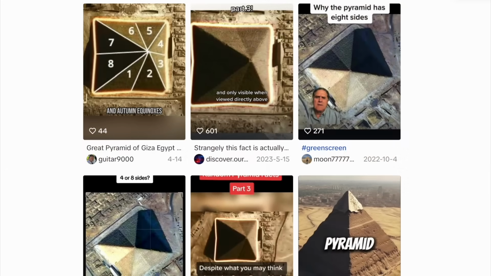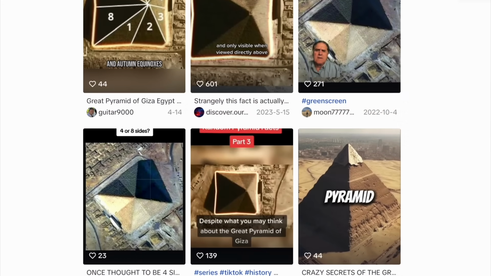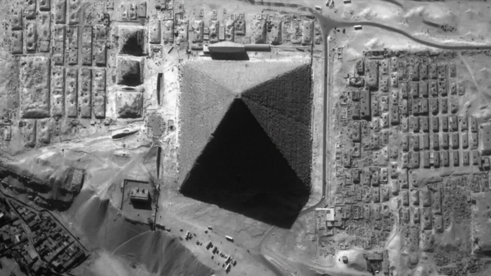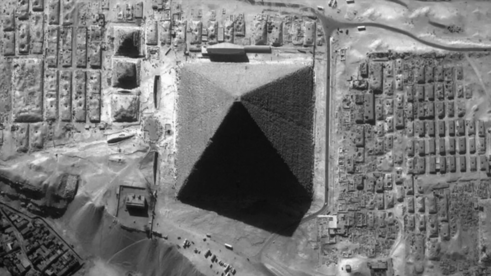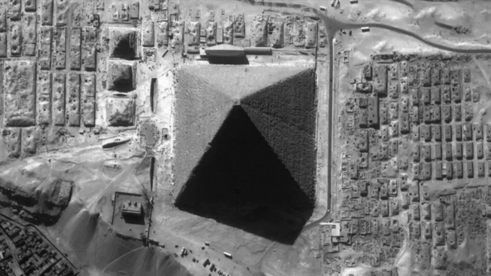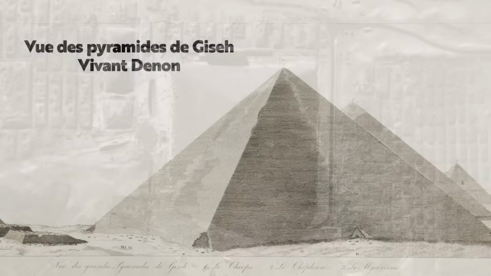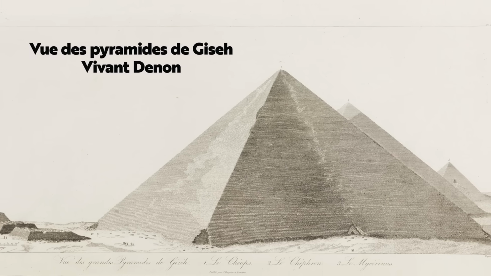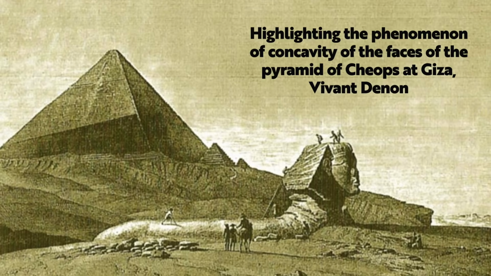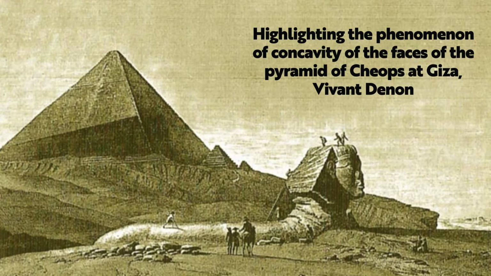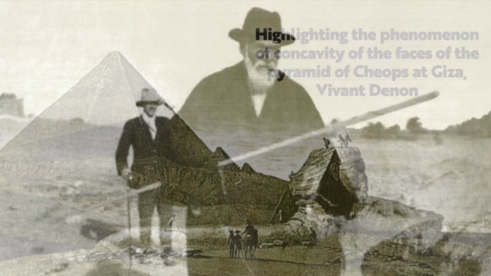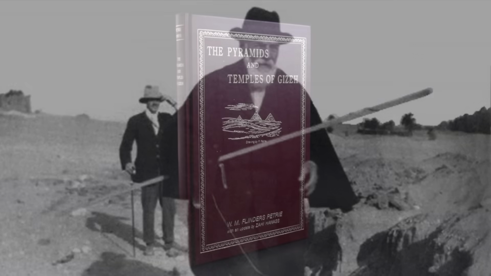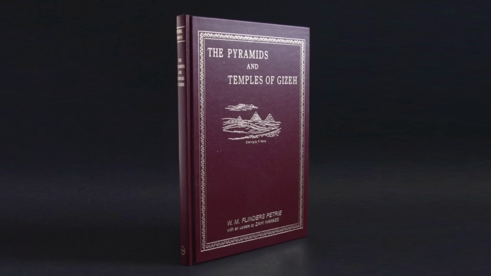Yes, it's prevalent on TikTok, Facebook and YouTube Shorts, but the phenomenon was actually first noted all the way back in the late 18th to early 19th century. Sketches from Napoleon's expedition from 1798 to 1801 show the pyramid with a line running down the centre of its faces. The great Flinders Petrie took interest in the phenomenon, and he noted it in his 1883 book, The Pyramids and Temples of Giza, saying, quote,